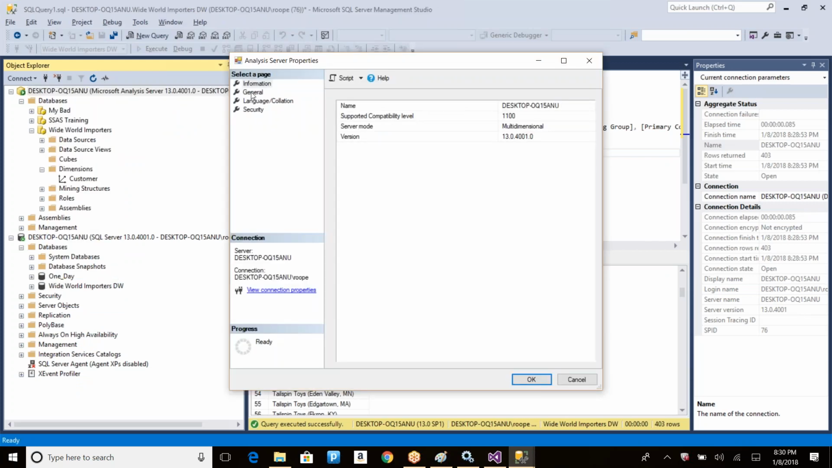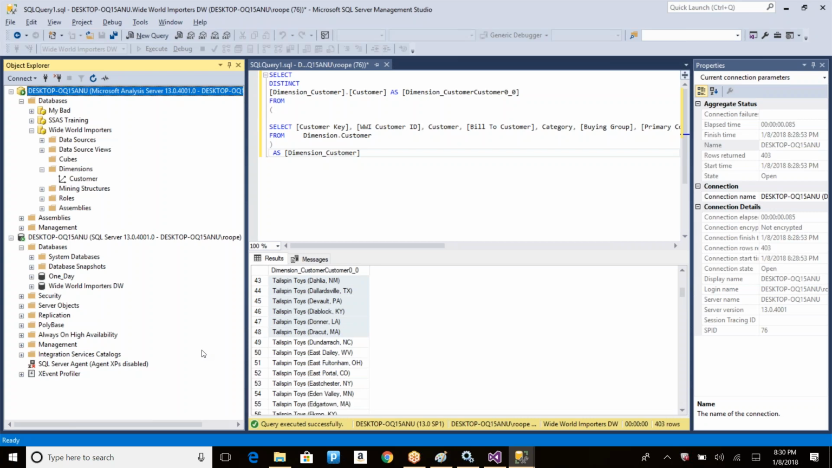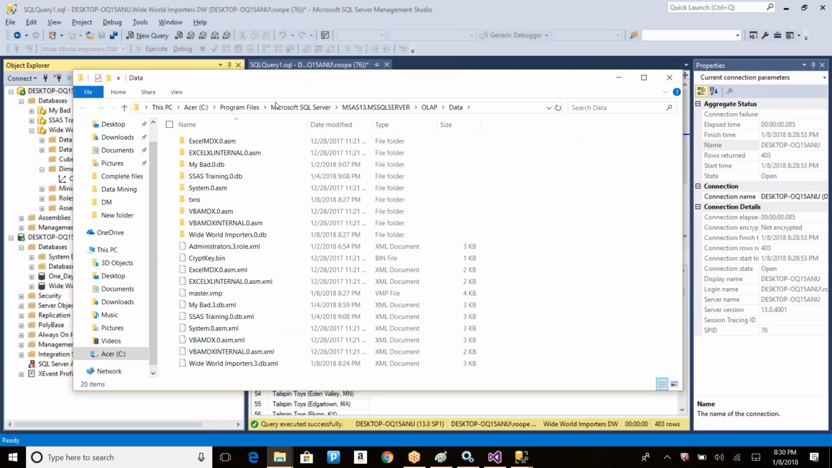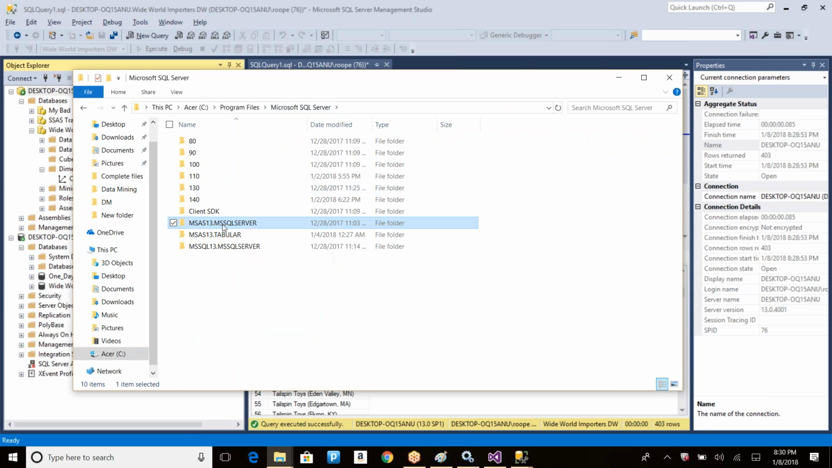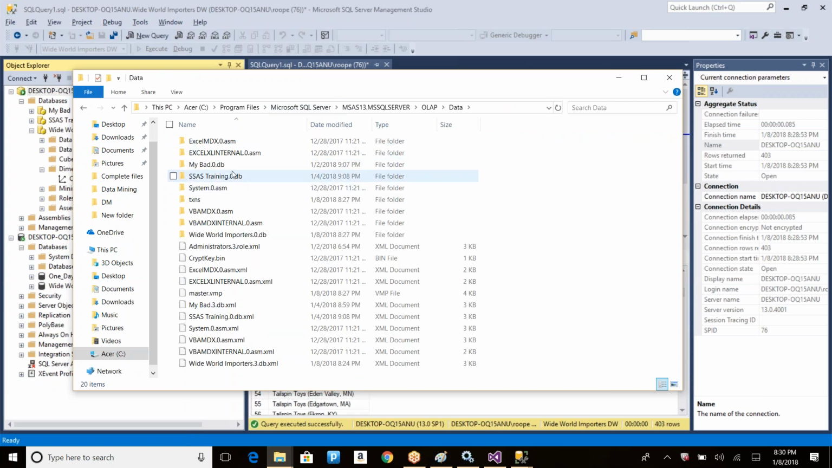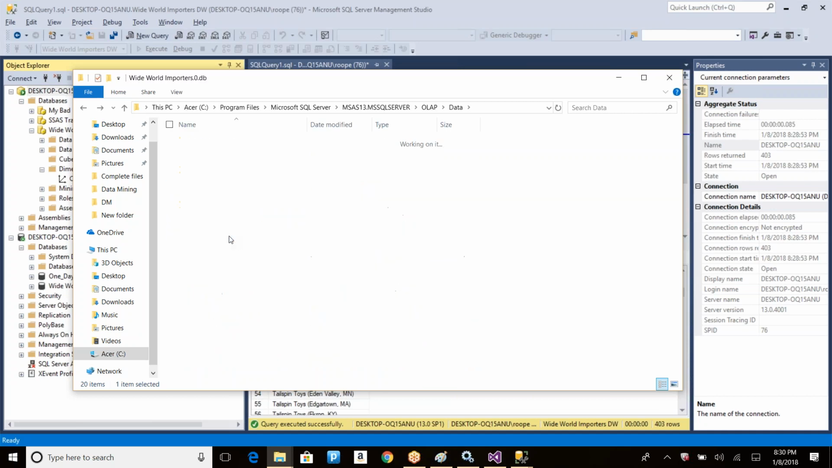Under general, you will have a data directory. This is the folder I'm trying to go to. I can directly copy it and go to the folder, or go to SQL Server, MSAS, OLAP, and Data. If you see, whatever data is read will be stored here. This is the project SSAS training. Oh, sorry, Wide World